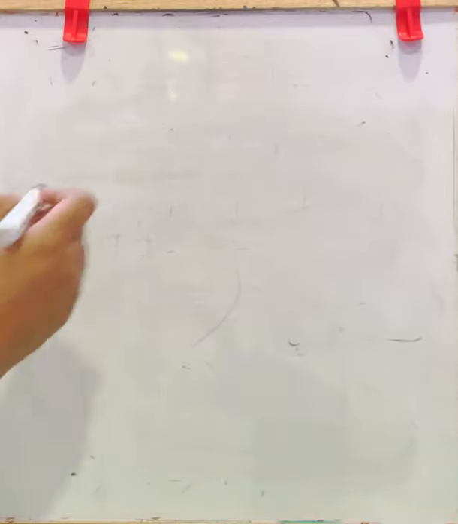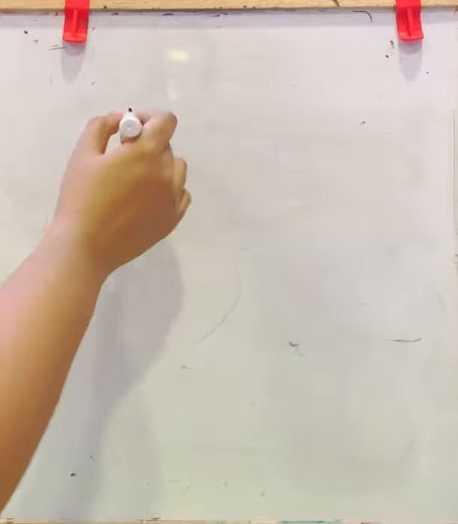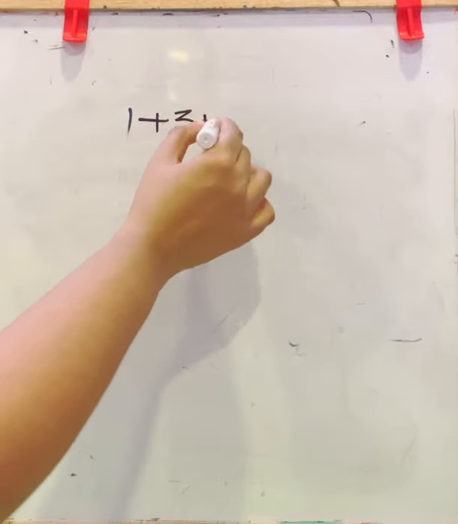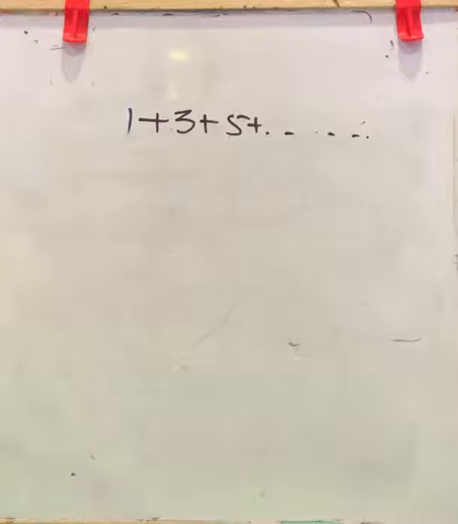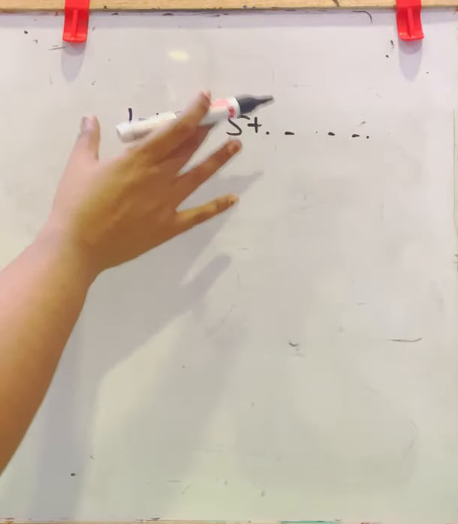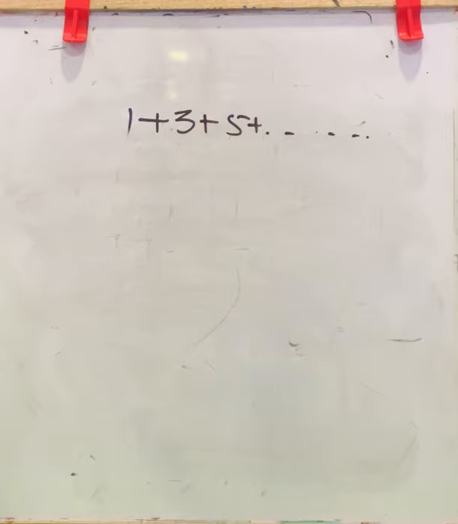Next question: find the square root of 100 by the method of repeated subtraction. In this repeated subtraction, we are using the theorem of the sum of odd numbers. That is, we know a square number can be expressed as a sum of consecutive odd numbers starting from 1. Any square number can be expressed as 1 plus 3 plus 5 and so on. That we have already learned. So this theorem is used for the repeated subtraction method. Let us check how to do repeated subtraction.